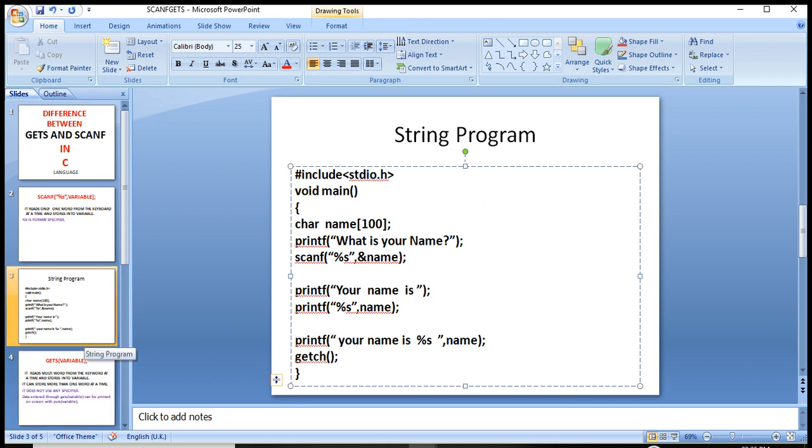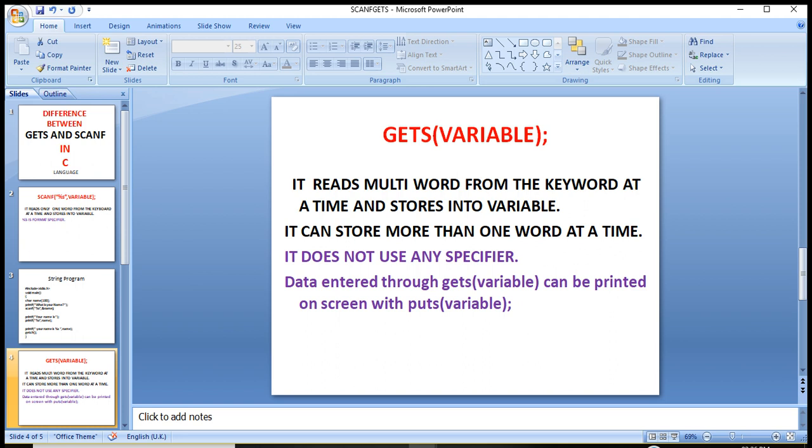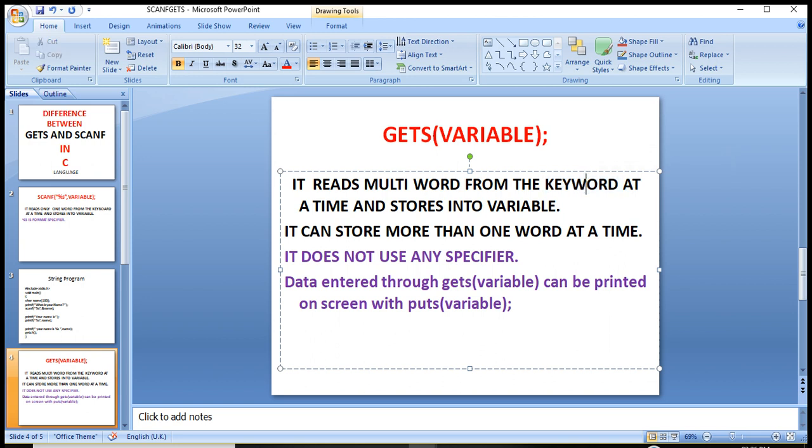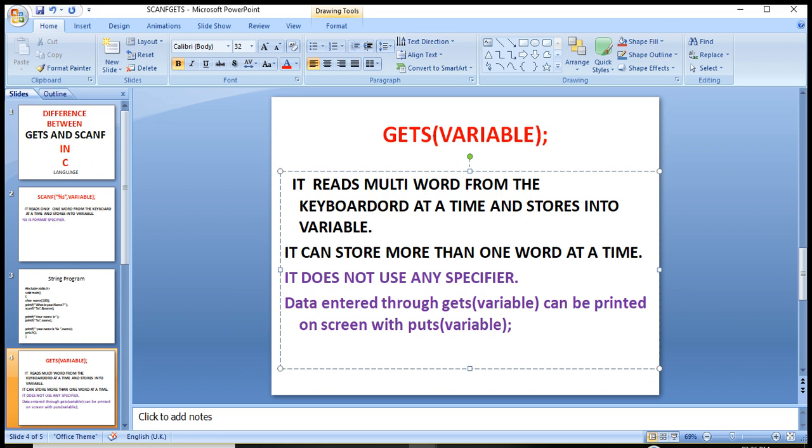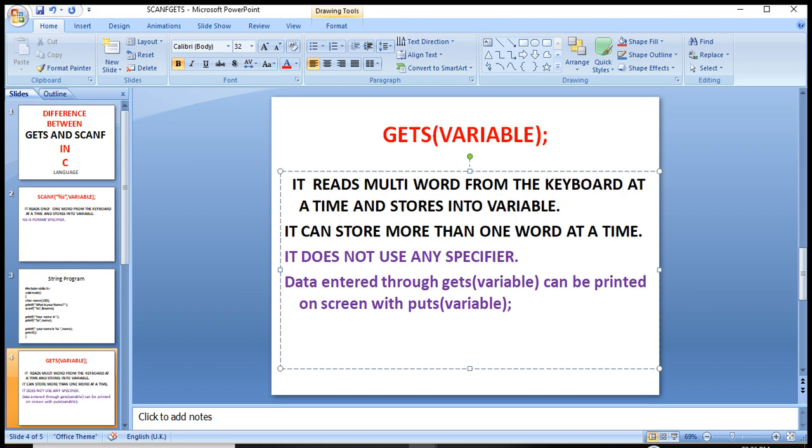Now we have learned about the scanf function. Now I come to the gets function. It reads multiple words from the keyboard and stores the entered data into the variable.